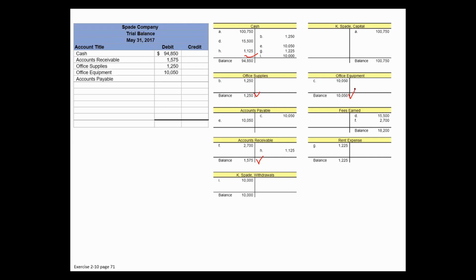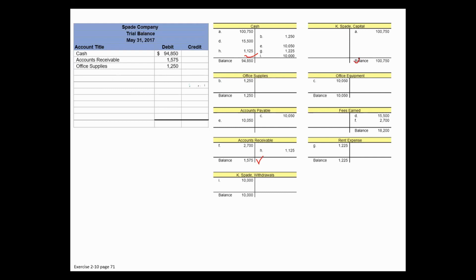Accounts payable. So now we're going to start doing our liabilities. We have accounts payable, which is 0, so we don't have that. You could leave it blank or you could put 0 in here. Kate Spade capital is $100,750